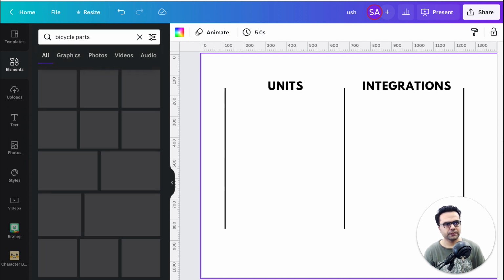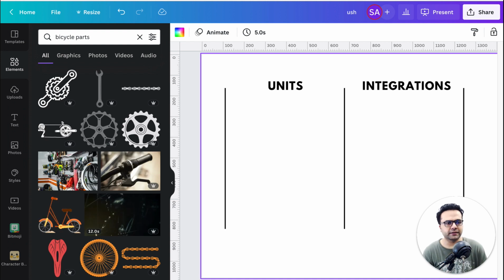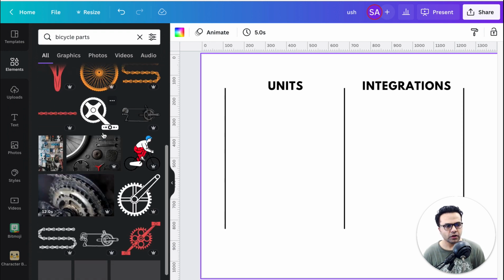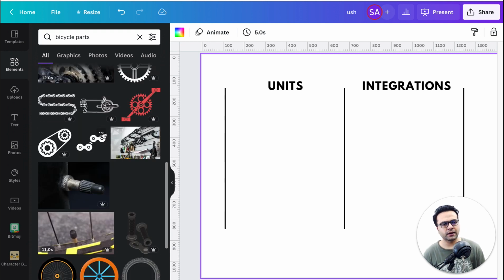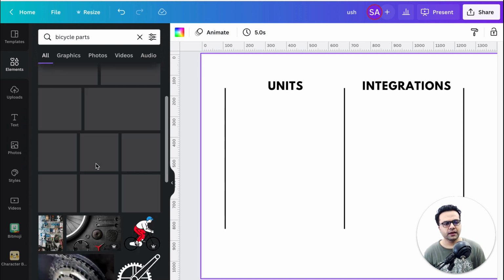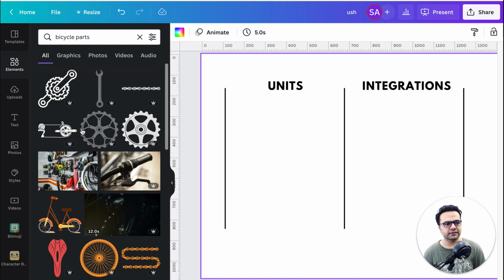The best part is that the search is really good. So now we can look for a couple of bicycle parts. Those are free. I'll just take one of them. For example, if I take this individual unit here,